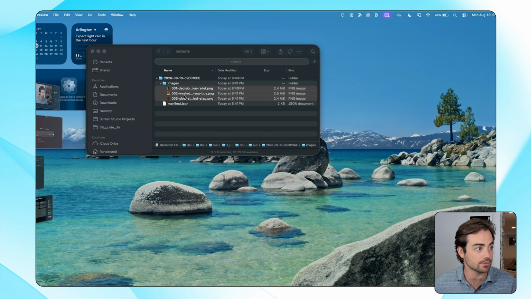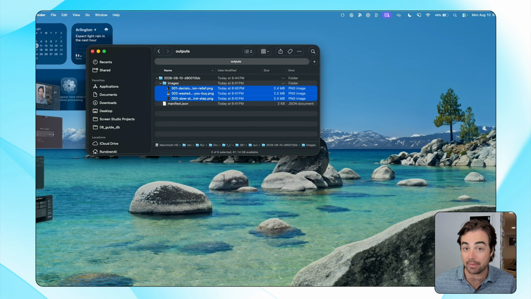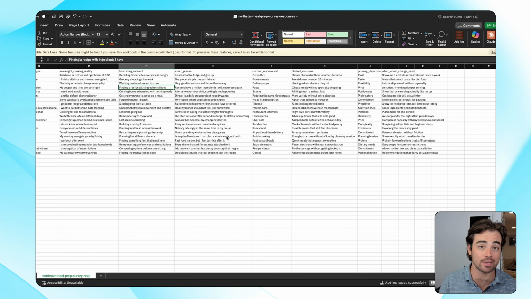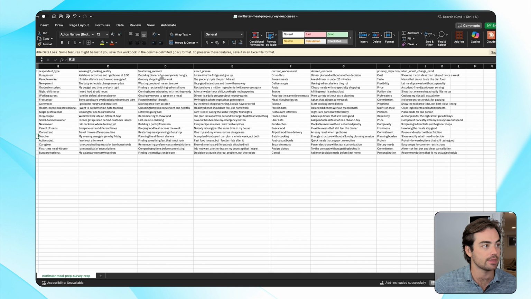Oh, and I want to show you those first ads that we generated here. And for context, we've got a made up meal prep company that we're running this on. Okay, and everything is based on this spreadsheet. I always advise when you're setting off to automate something with AI, start with a CSV, that's a spreadsheet. And what you can see here is that ChatGPT has gathered 20 responses for a fictional brand from the different sources, pulled out who the person is giving that feedback, and then extracted that pain point in detail. The pain point is really important so that our app can go and write a good prompt and generate some